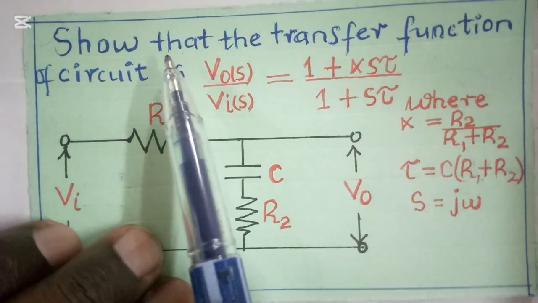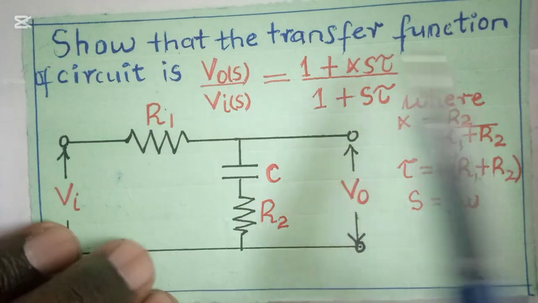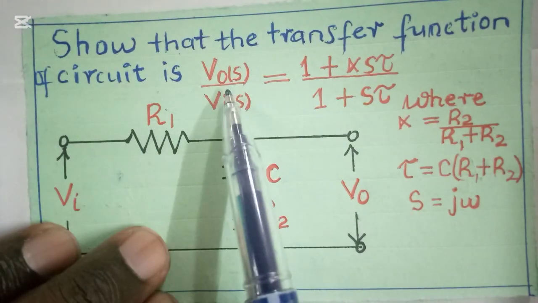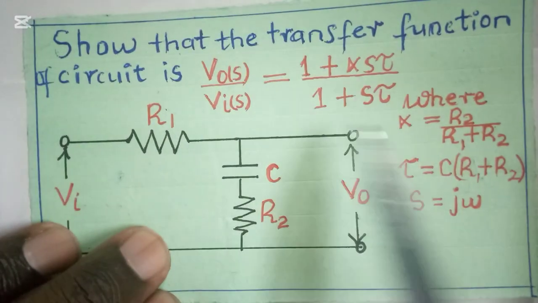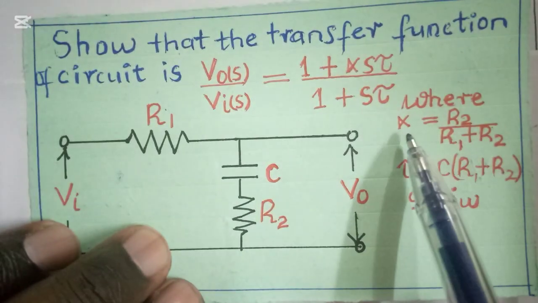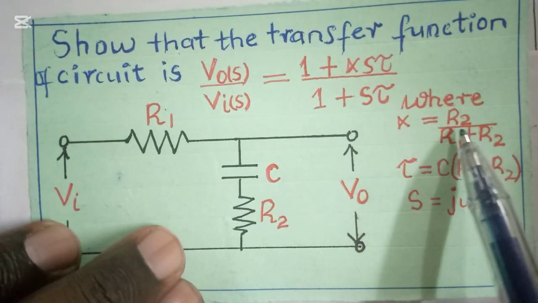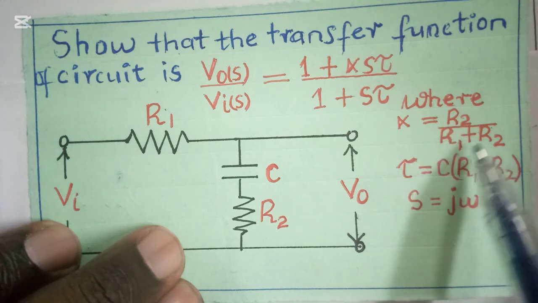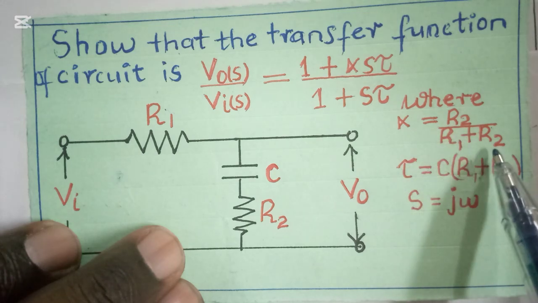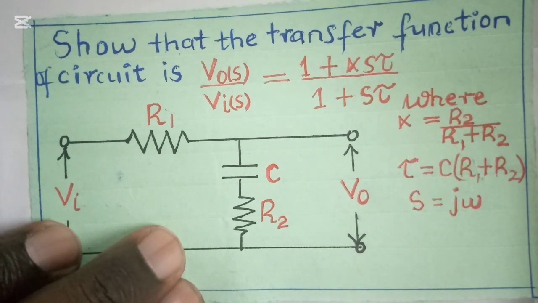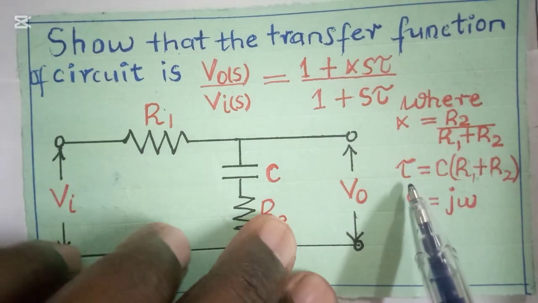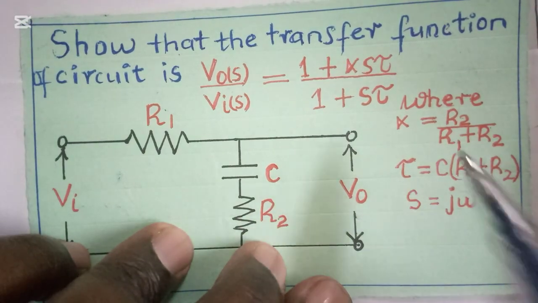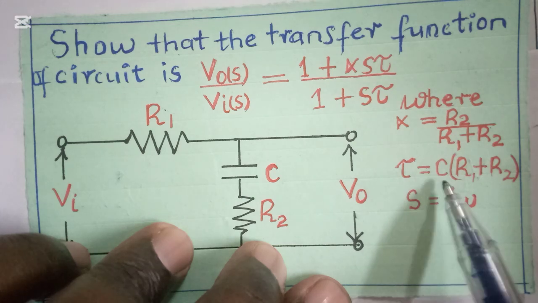Guys, we read this question. Show that the transfer function of the circuit, V0(s) over Vi(s), is equal to that, where the ratio R2 over R1 plus R2 is given by alpha. And here we have tau, which is the time constant, given by